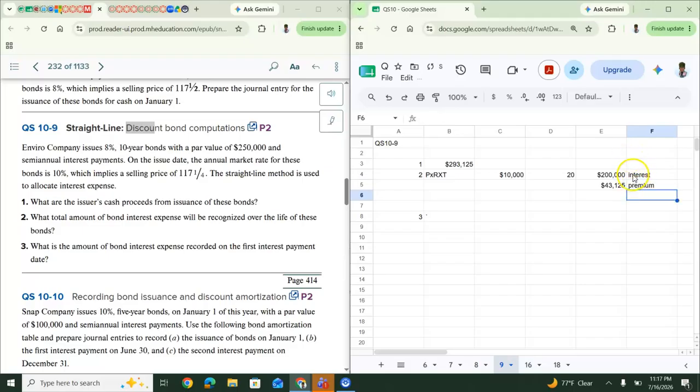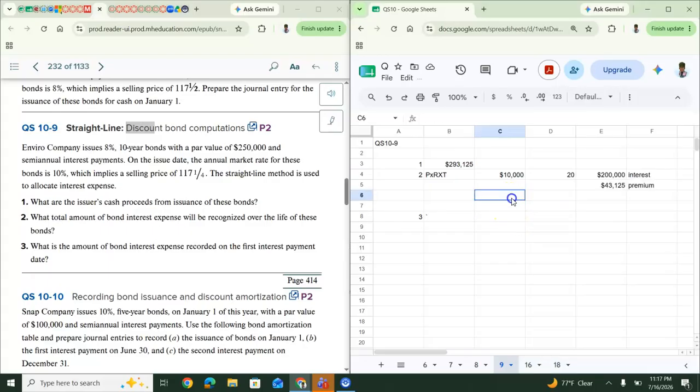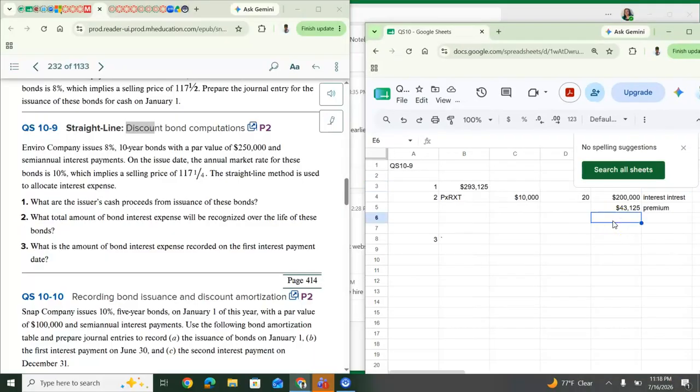And again, this is interest expense, not interest revenue. We are the bond issuer, so we are the ones that are actually borrowing the money. So we want to make sure that you treat that accordingly. And premium, offset it. The net cost would be the difference between this amount